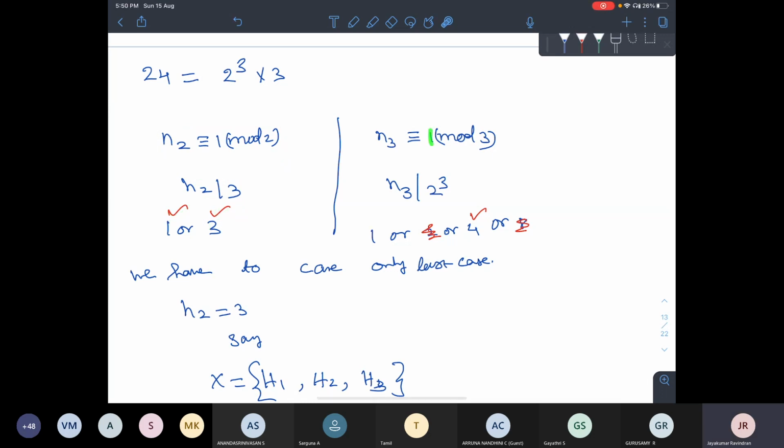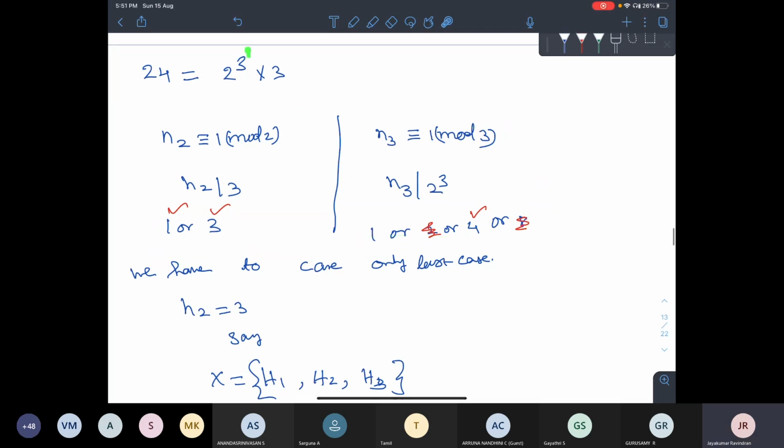n3 congruent to 1 mod 3, the same thing. Slowly, I asked you to work out this many things, right? And I hope and I believe you. In fact, my trust is in you people that you have worked it out. So I'm going a little fast on this. At least this you must work out. This should be workable for you people. So n3 congruent to 1 mod 3, n3 divides the remaining thing. The same thing is repeating.